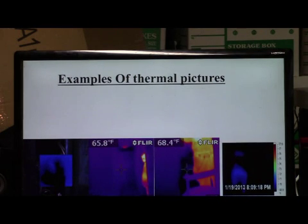Examples of thermal gear. This right here is an example of my first thermal shot. I'll bring the camera right here. This right here was my first thermal shot. This was a spirit called Rex. Here